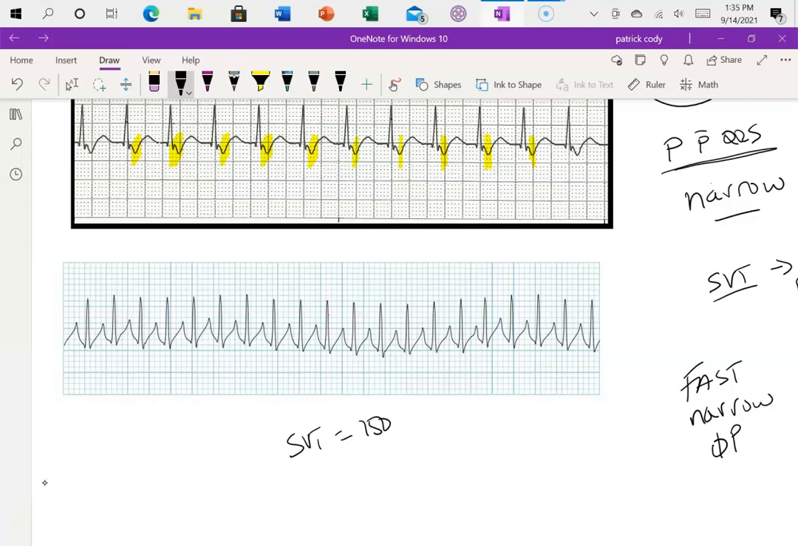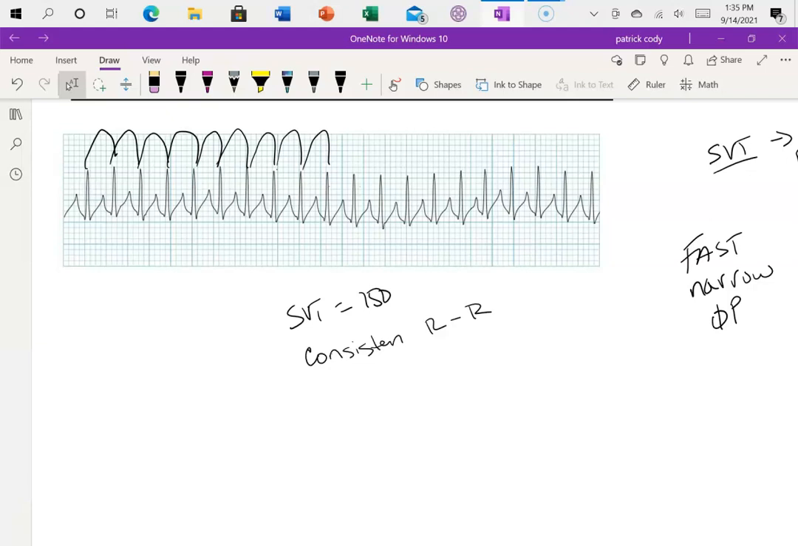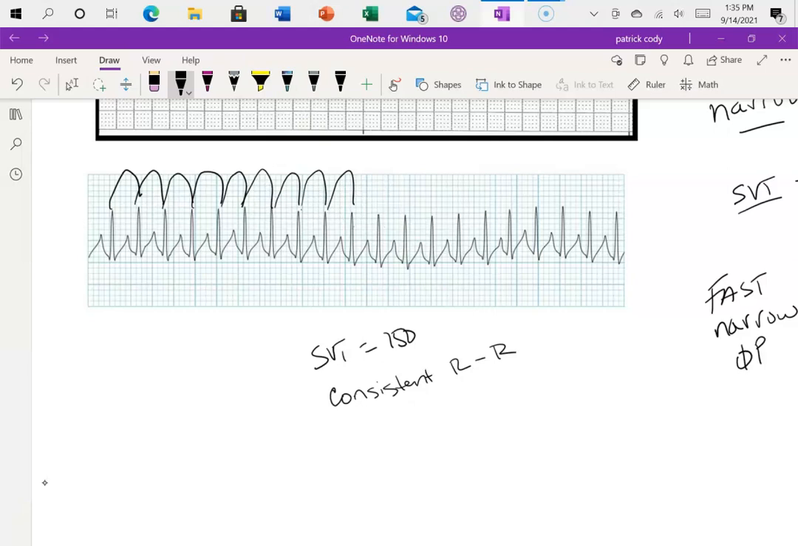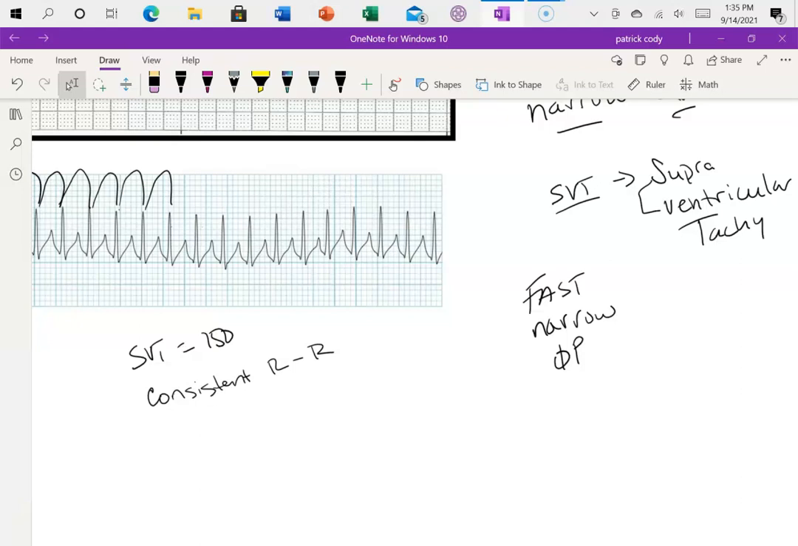But one of the things you'll see is this is nice and regular, so our R-to-R interval is very consistent all the way through. And so that's a key to SVT, is that it has consistent R-to-Rs all the way through. Okay, there may be just a little bit of variation, but it's tiny, it's minute. Okay, so in SVT, we march along, we're fast, we're narrow, and we usually have P waves that are not